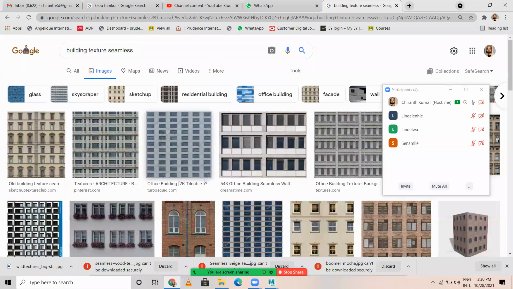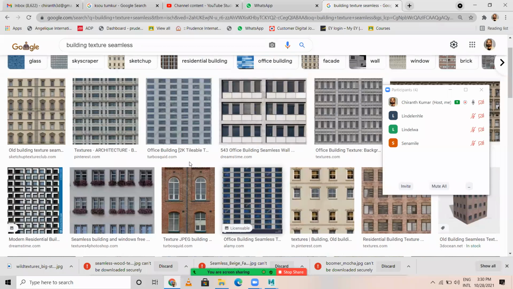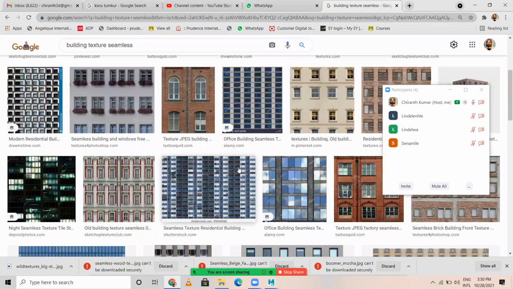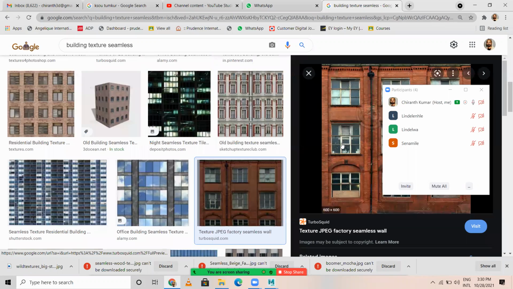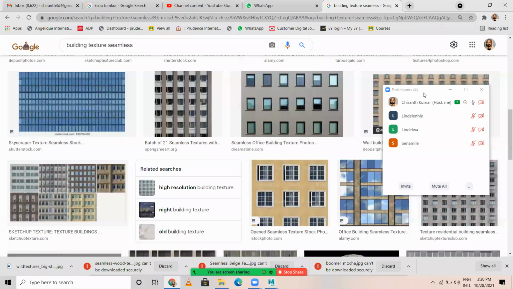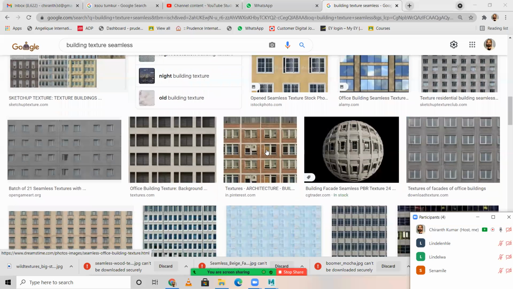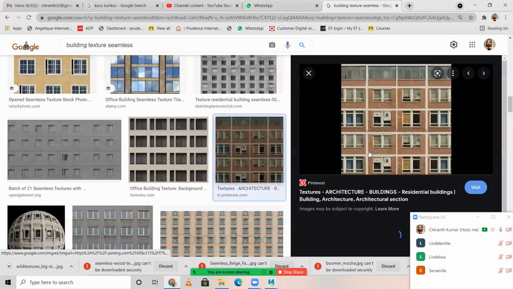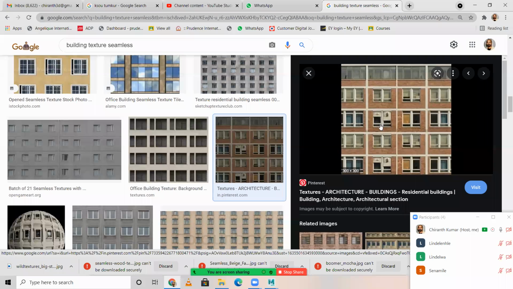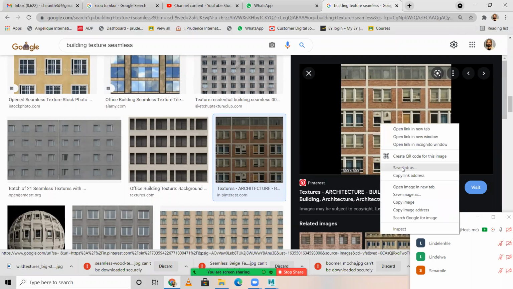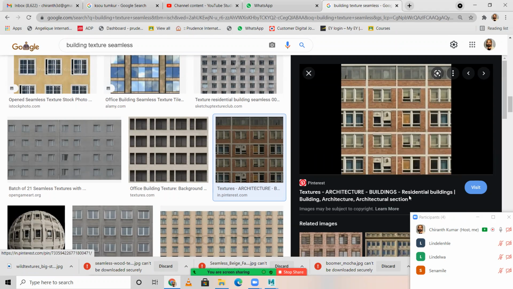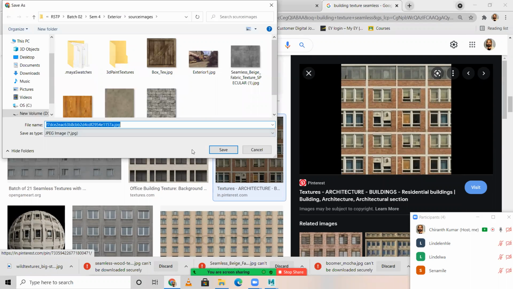Building texture seamless. Great. I'm selecting this. I think. I'll save this image in JPEG.